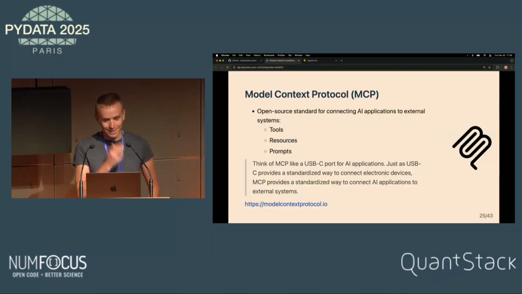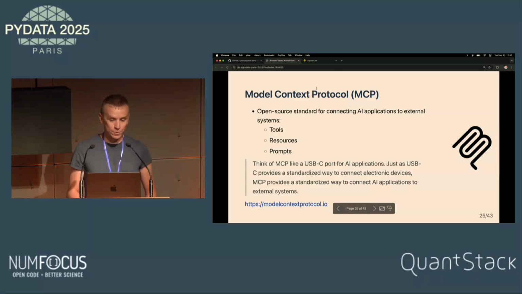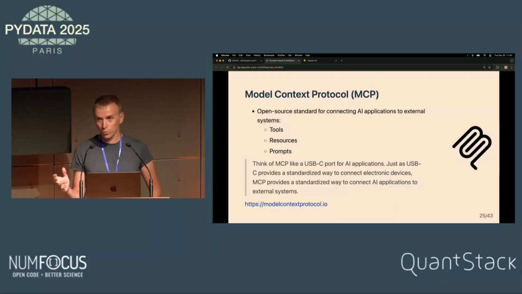But yeah, the AI space is moving super fast, and what came up, I think about a year ago, was this thing called MCP, for Model Context Protocol, which is a standard for a more plug-and-play way of bringing tools, resources, and prompts to LLMs.